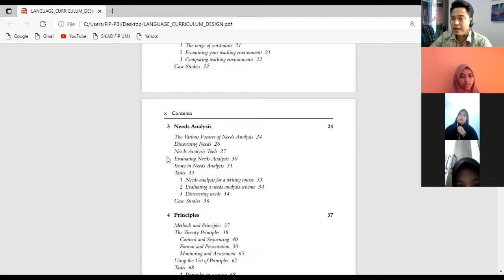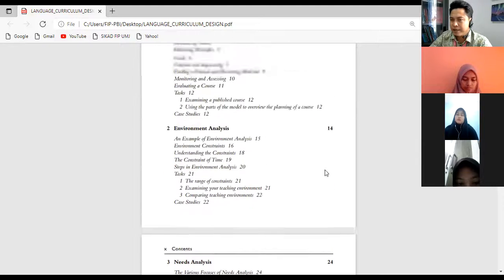After that, needs analysis tools, which are the instruments that you're going to use. Then evaluating needs analysis, then issues in needs analysis, and the last one, case studies. Based on this subchapter of the third chapter, every single point from the various focuses until the case studies,